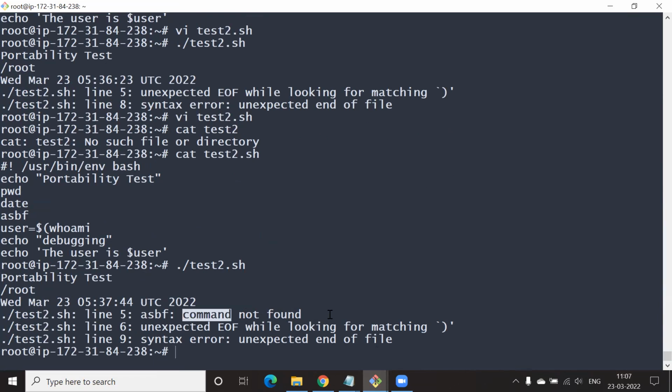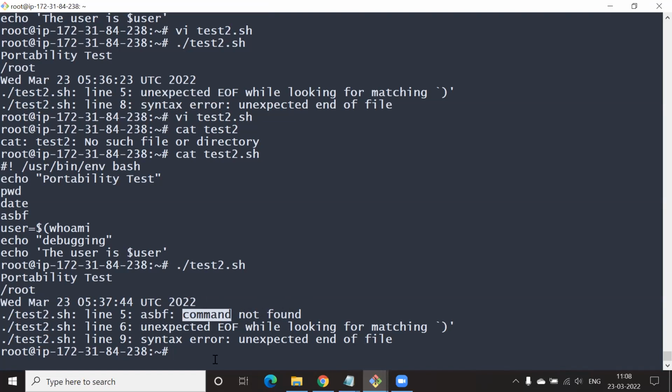So if you look at this error and the previous error, what can you make out of it? Yeah, it is telling that ASDF is not a command. Okay, so what is happening at line 5? Yeah, it is telling that ASDF is not a command. Good answer. In other words, that's an error, as simple as that, right?